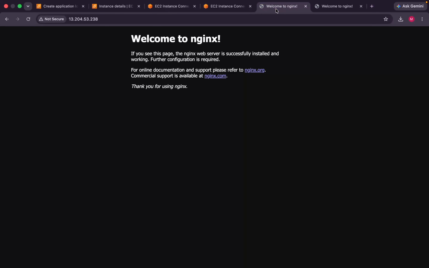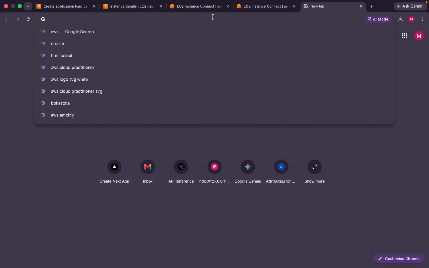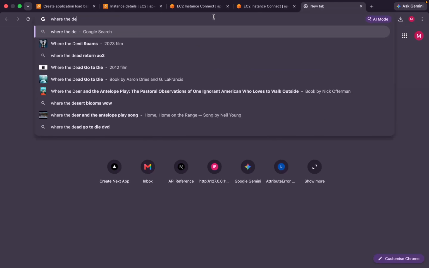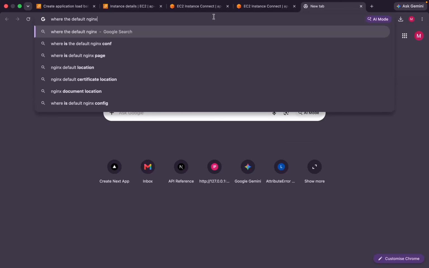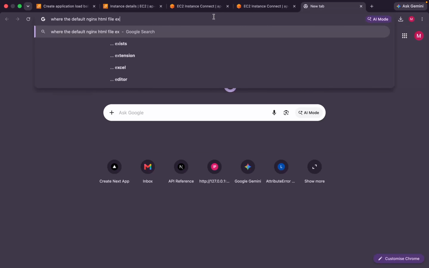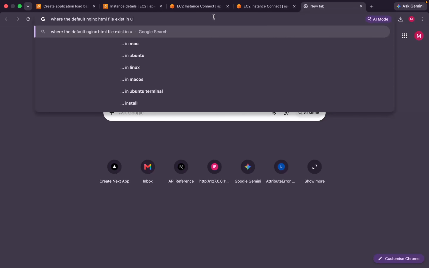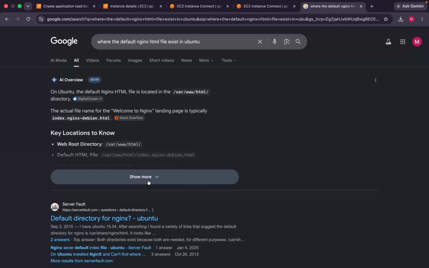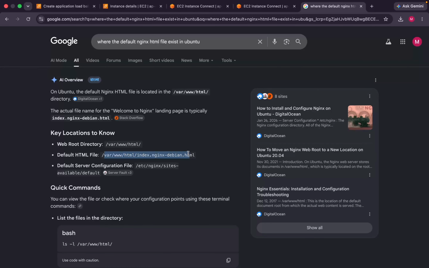Well, so they're okay. Now what I need to search, well, I forgot about it, is where the default nginx page, the default nginx HTML file, exists in Ubuntu. So thanks to AI, it is /var/www. Okay,